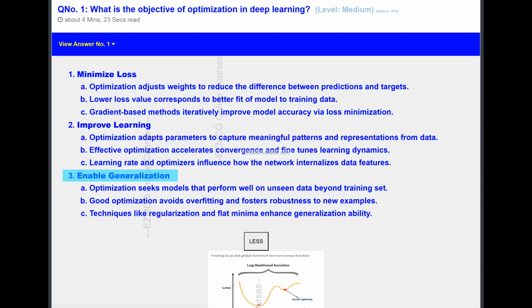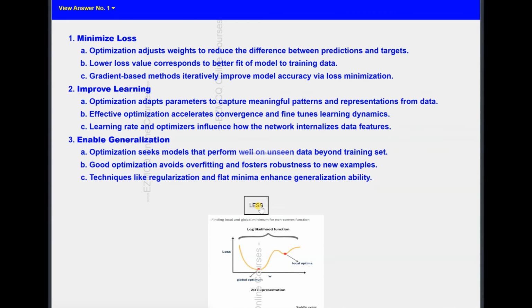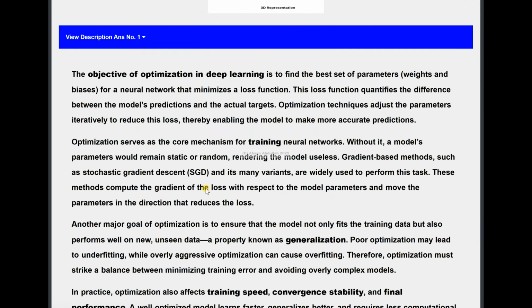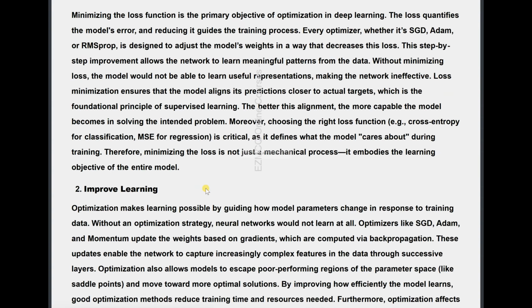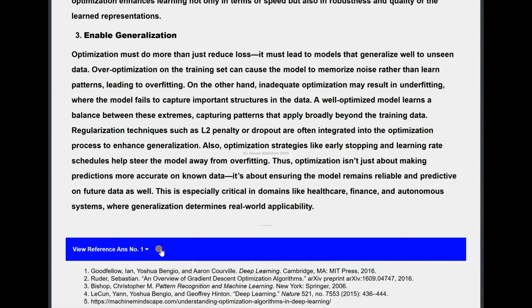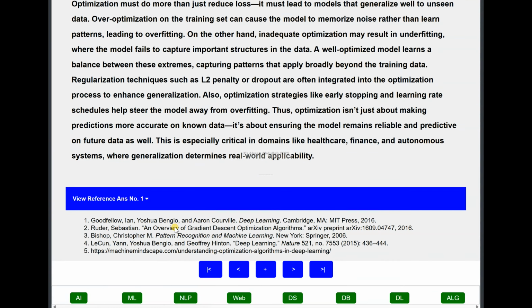So here it is. If you are interested, you should be reading. So I can reduce this, and if you click on view description answer number 1, these are all the details which I just discussed with you. And if you're interested, here are the references. So a lot of material is available here. So we now move on to the next Q&A,